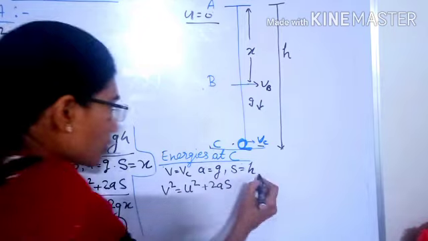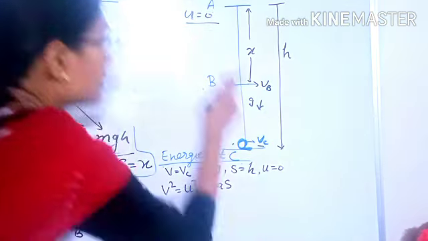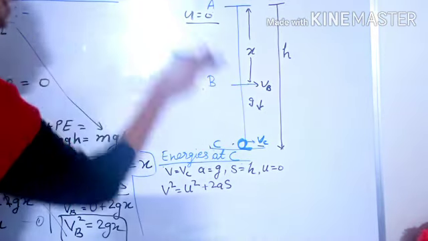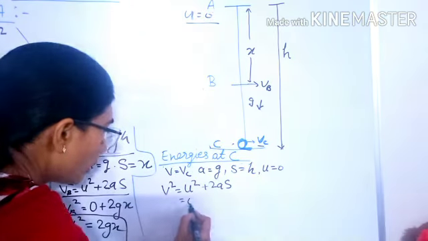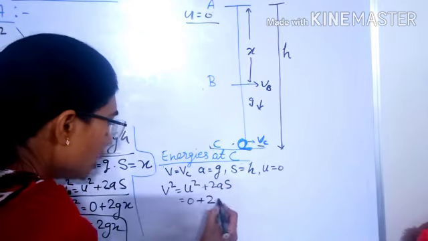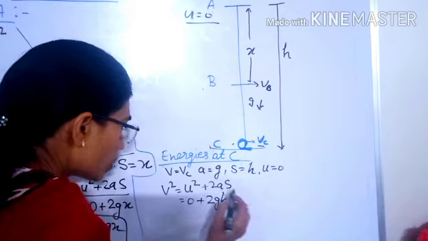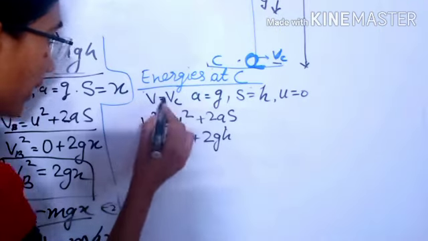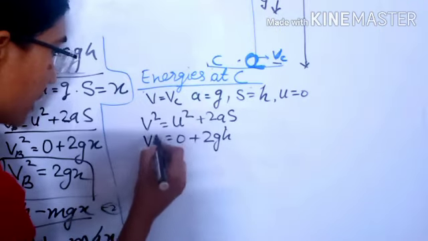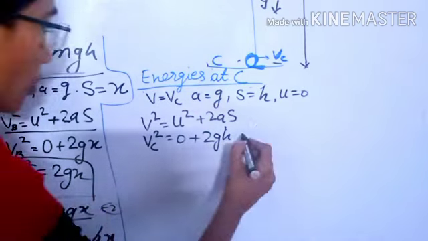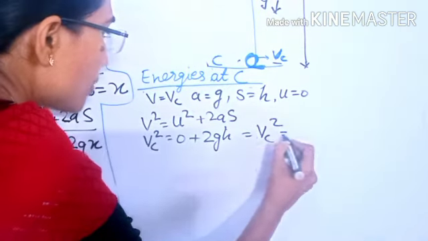Here the initial velocity is 0 as the object starts from rest. So u is equal to 0 plus 2g, s is h, and v is vc. So vc square is equal to